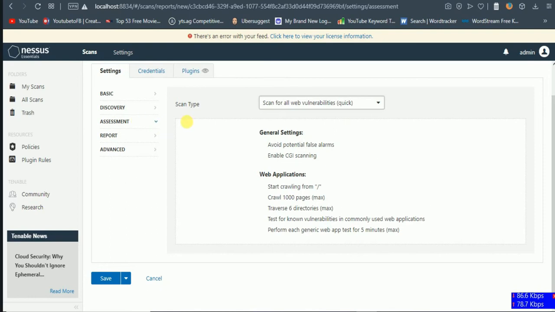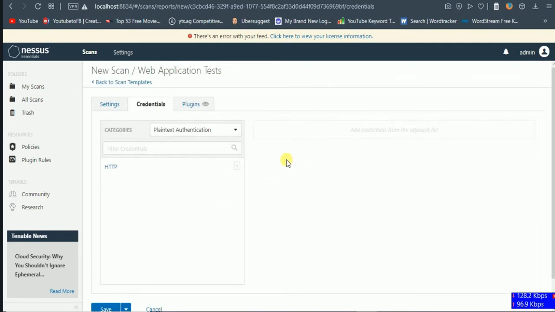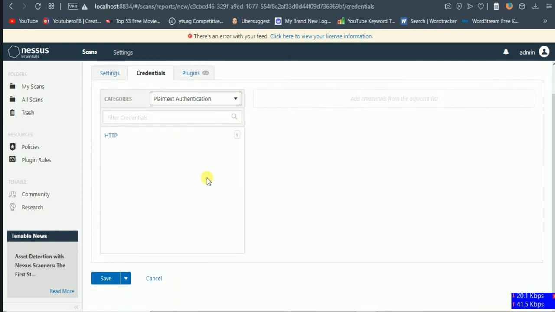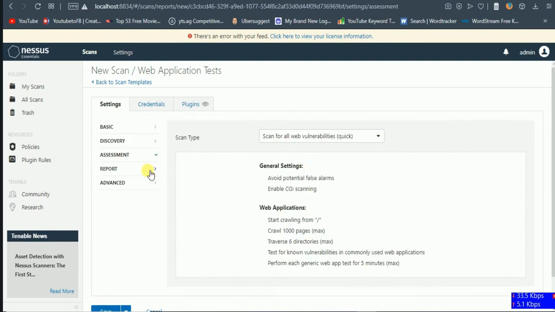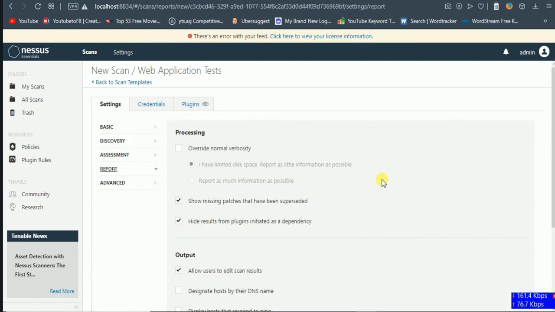If you are scanning any other website for which you have credentials, you can customize your scan here and give the credentials of whatever access you have. But I just want to scan something very basic.